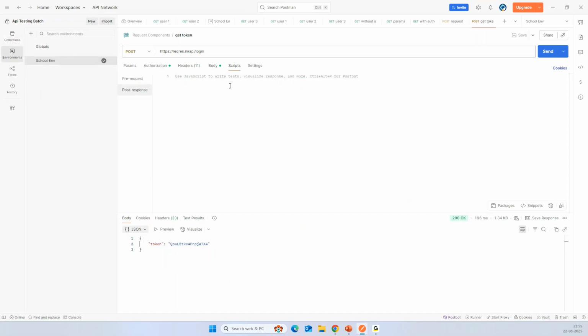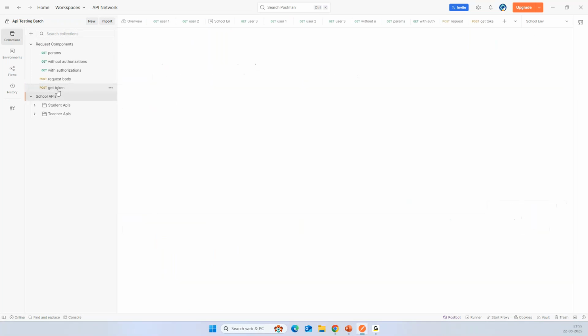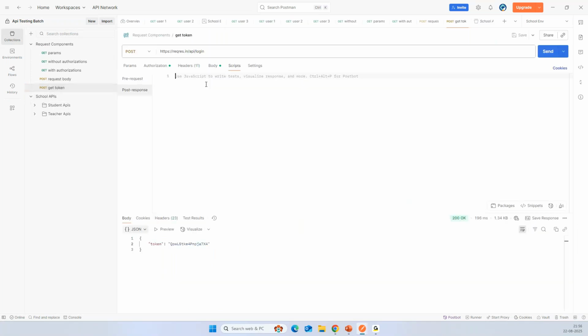Right now I'm just changing this token value to something else, 1 2 3 4 5, something like that. Here as well, 1 2 3 4 5 6. Come back to the collection, go to get token. So now write a script here, pm.environment.set, and then you want to set token, and what will be the value? The value will be,